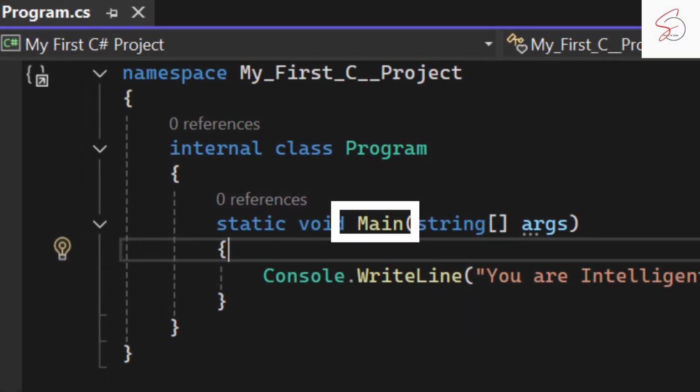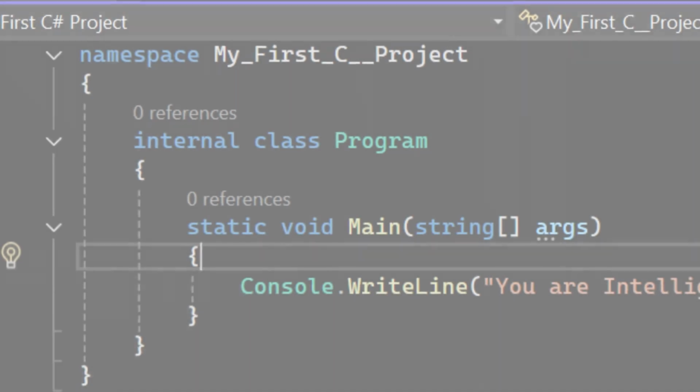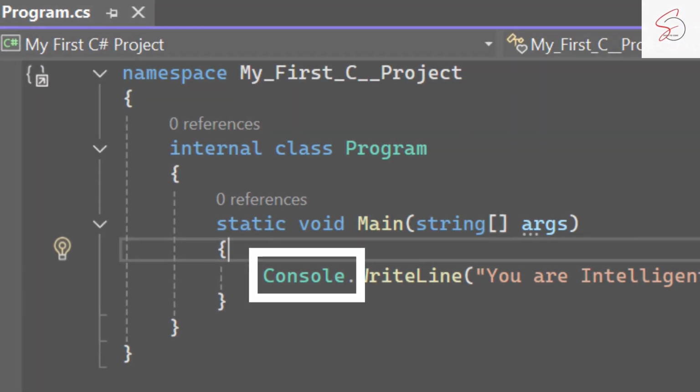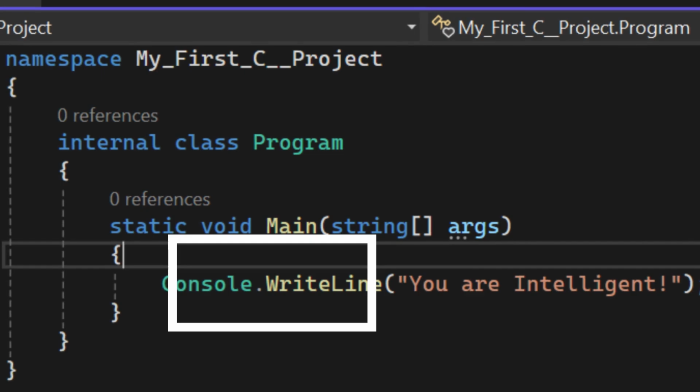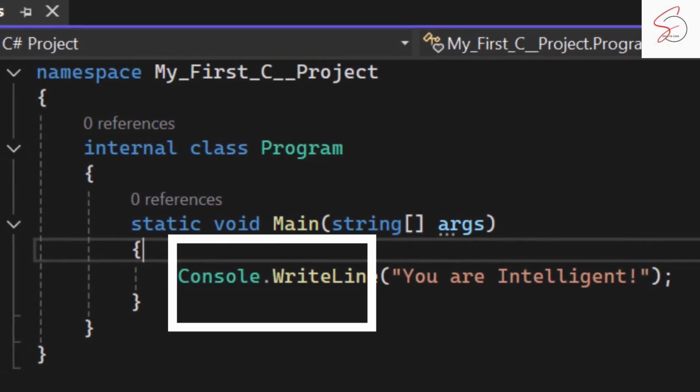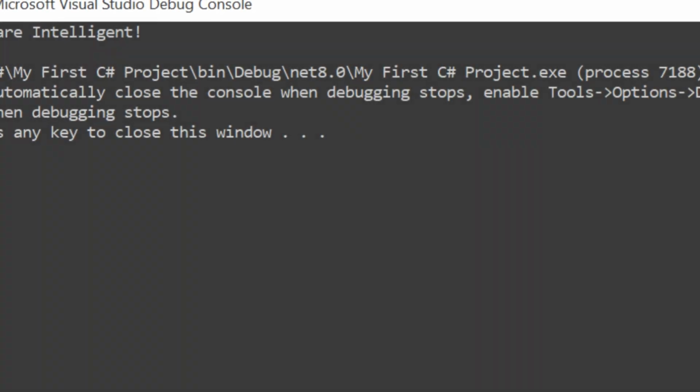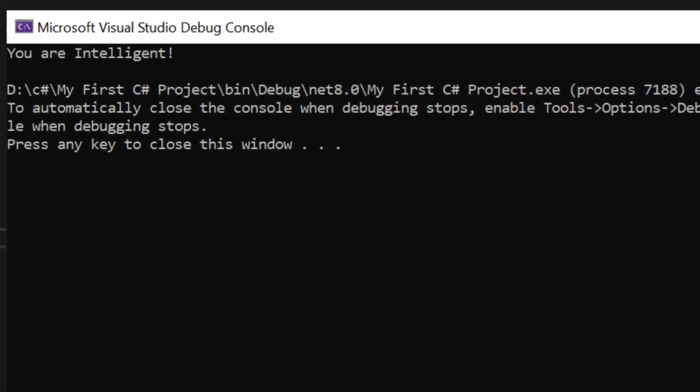Think of the console in C# as a simple way for your program to communicate with the user through text. It's like having a basic screen and keyboard. For example, when you use Console.WriteLine("You are intelligent"), it's like telling the program to display the text, "You are